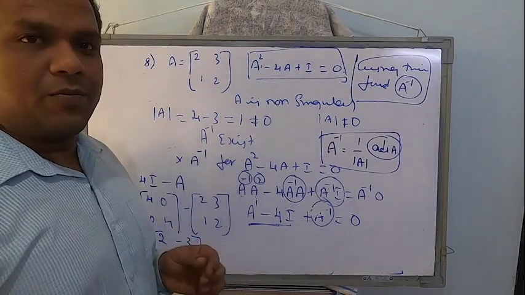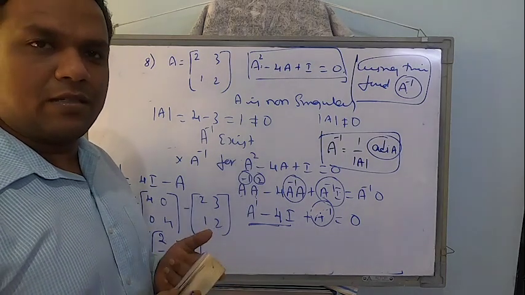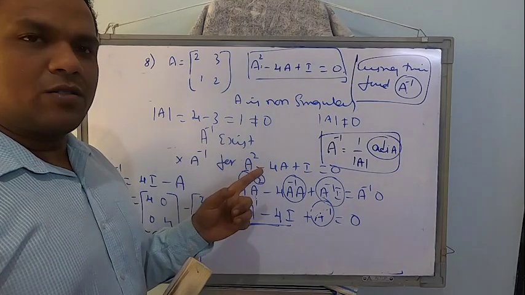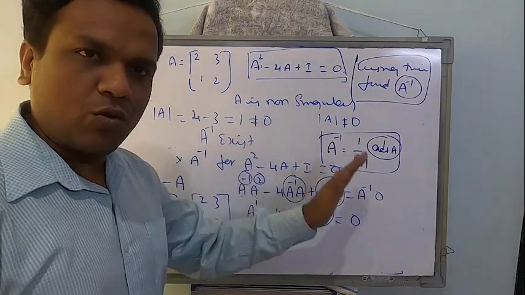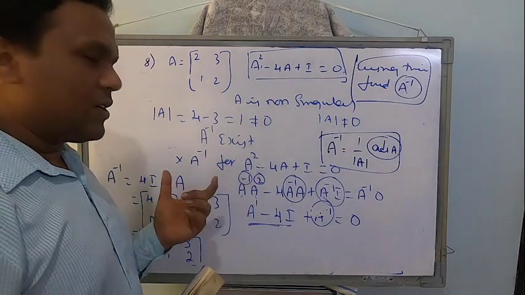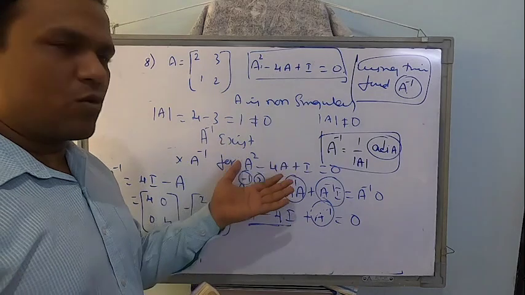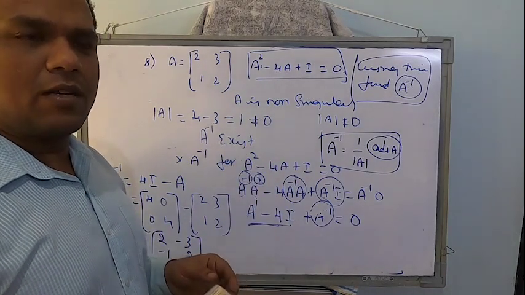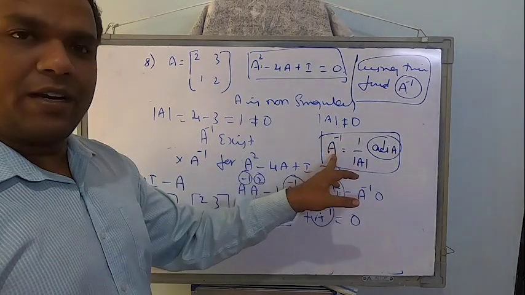So what is adjoint? To come to adjoint, first we have to start by finding minors, then cofactors, then adjoint. Once I got the minor of each element, by using the definition you can convert the minors to cofactors. Otherwise simply construct the matrix of minors, multiply that by the sign matrix, get the cofactor matrix, and the transpose of the cofactor matrix will be called the adjoint of the matrix. So once I got adjoint, then I am going to find inverse.